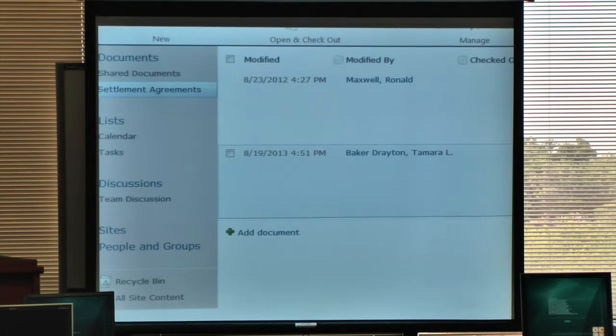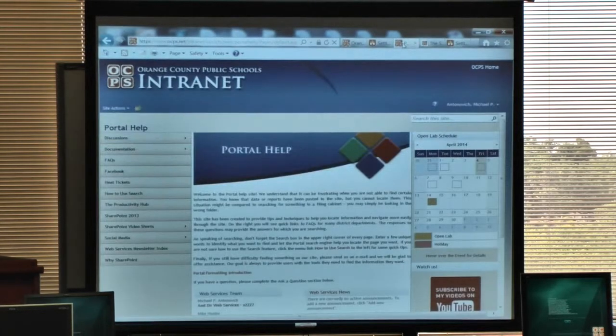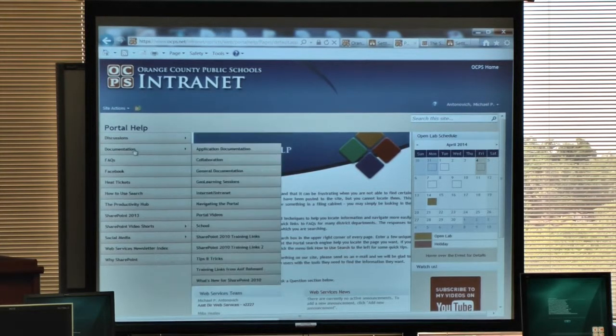Let's look at another place where metadata comes in handy. Our portal help site, which you'll become very familiar with if you're not already, has a lot of documentation. If you go to the documentation menu item, you get a flyout, and there are all these different secondary options: collaboration, general documentation, internet, intranet, school, and SharePoint 2010, and so forth. These are all going to give us different lists. For example, if I click on school,